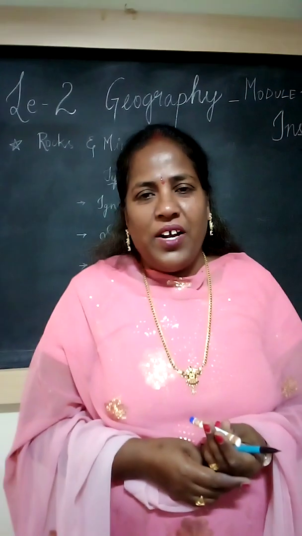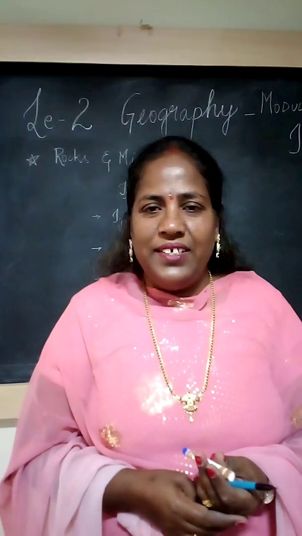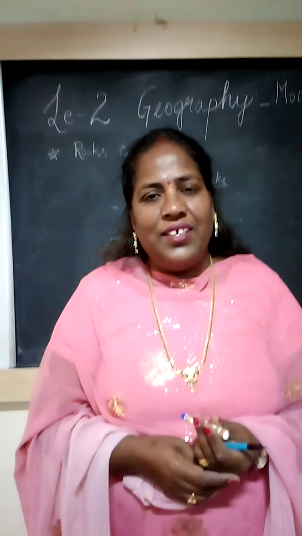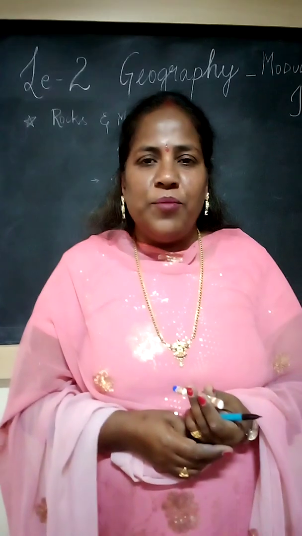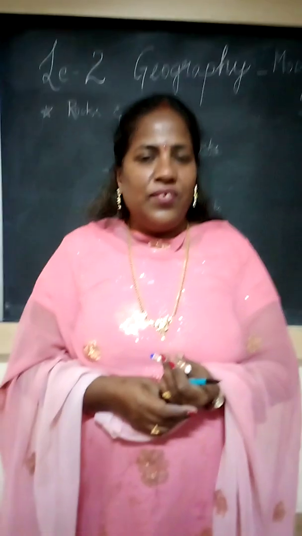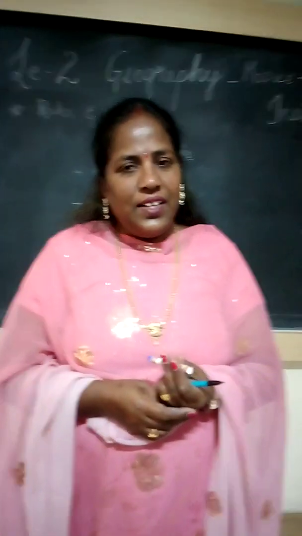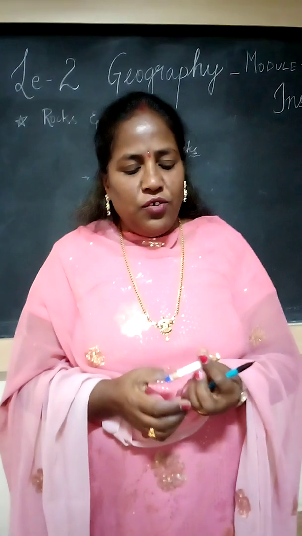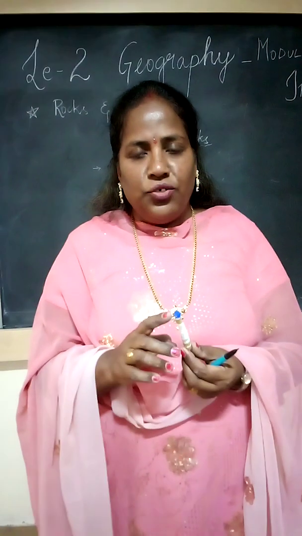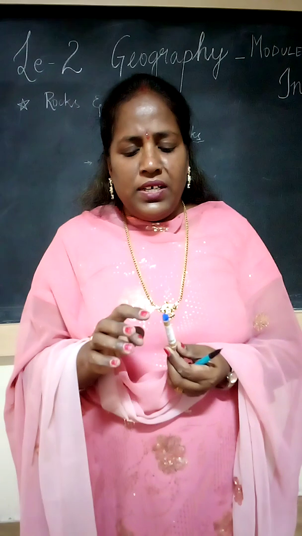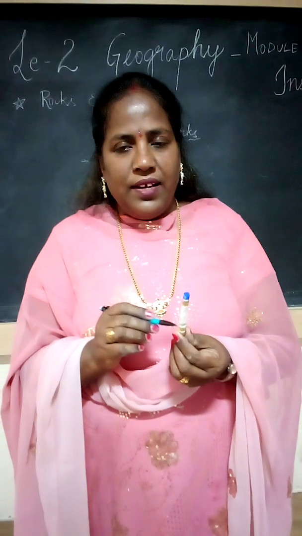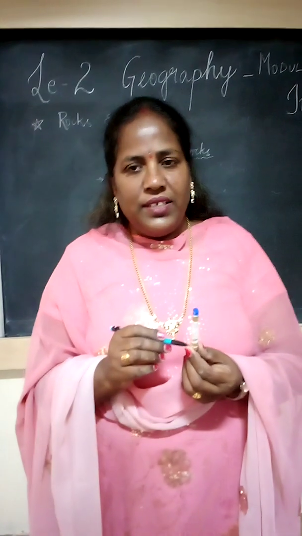In module 2 I gave the homework, no? Did you do that one? I told you to draw the layers of the earth based on the mineral composition. There are three: crust, mantle, core. Next one, mechanical. Based on the mechanical, I told you yesterday 5 layers are there, shown in the diagram also. First one lithosphere. Next one is the asthenosphere, mesosphere, outer core, inner core. I hope you did the homework.